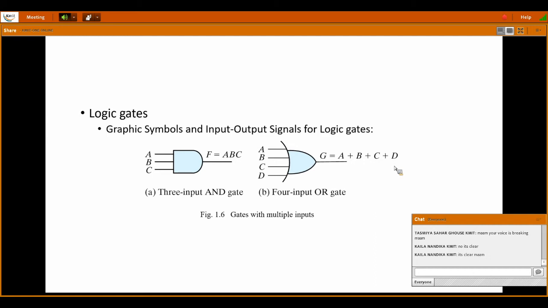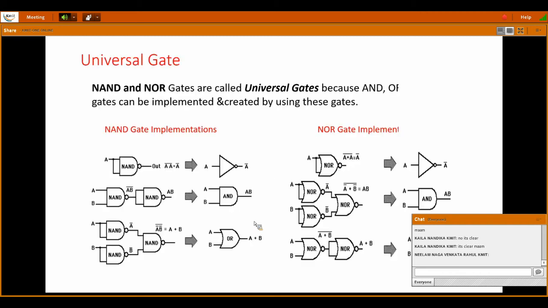For each and every variable in the truth table, you need to take all the possible combinations: 0, 0, 0, 0 first, then 0, 0, 0, 1, like that. We will also show you how to represent a number in digital systems. For that we need to see the number system used in digital circuits. That we will see later, but this is all the basic part. When we are familiar with this, then we will move on to the number system, and then you will be very clear how to write all these things. Okay, so this is gates with multiple inputs.